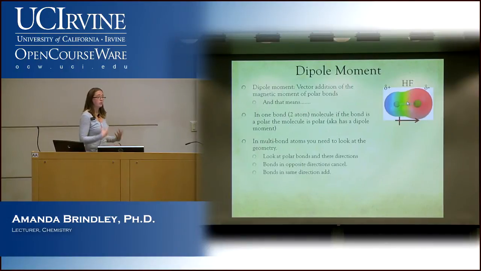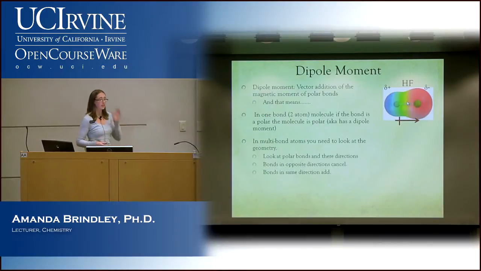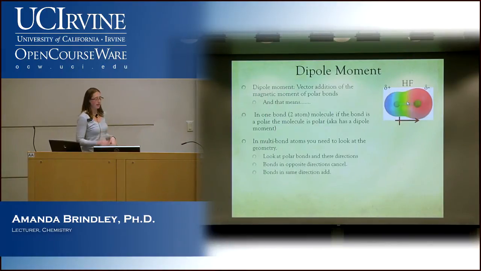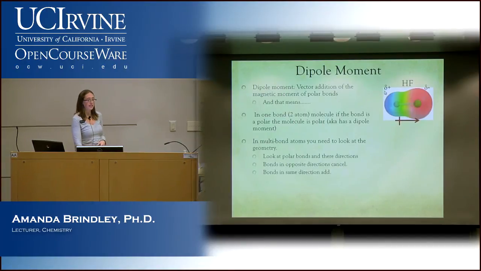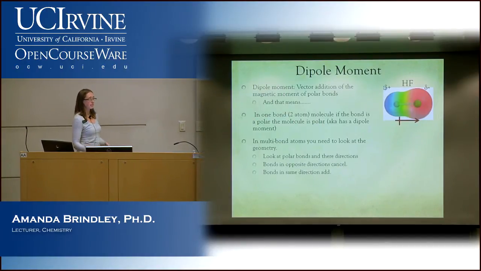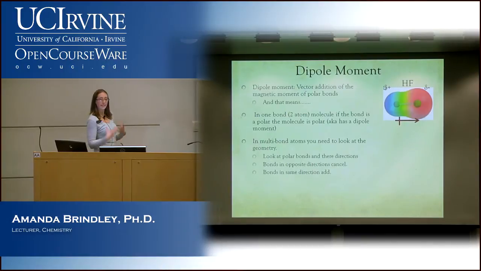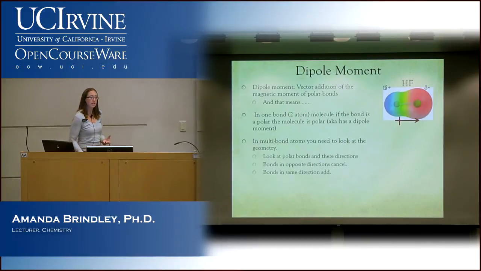Now, this is how we write this. There are two different ways, and you can pick one or the other. It doesn't really matter, so you don't have to write them both. I did just to show you. Sometimes you'll see one written as a delta positive, the delta meaning a partial positive. It's not like it actually has a positive charge, but it has a partial positive charge. And then a delta negative over here, saying this is a partial negative. The other way you can write it is to put a little plus sign on the tail of an arrow on the positive side and draw the arrow to the other side.